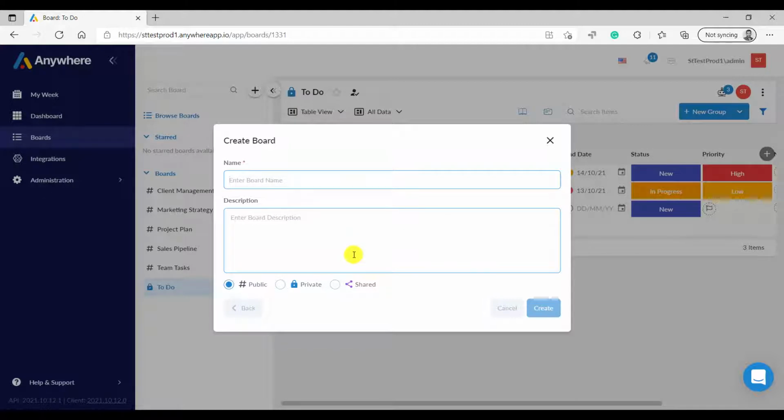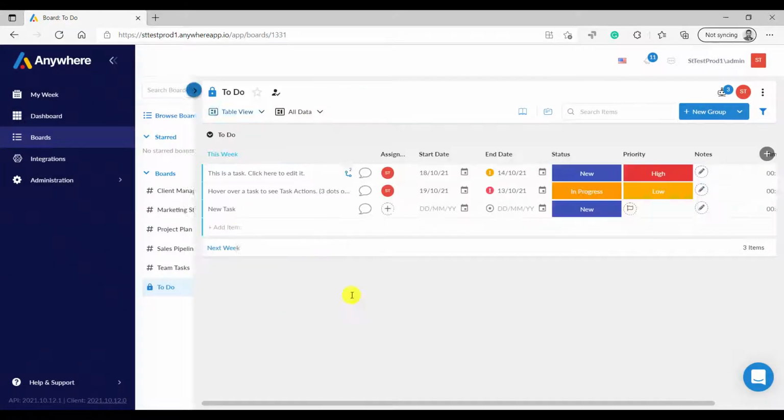Now, as you can see, when you create a board, the boards are of three different types: public, private, and shared. A public board is, as I said, available to everybody in your organization. A private board is invite only, so available to you, but you can invite other team members from within your organization only. A shared board is just like a private board. You can invite other people from within your organization, but here you can also invite people from other organizations, such as freelancers, stakeholders, and other clients that you are working with. If you create a shared board, they get invited as a guest, and they only see those boards that they have been invited to. They don't see any of the other boards or any other organization data.